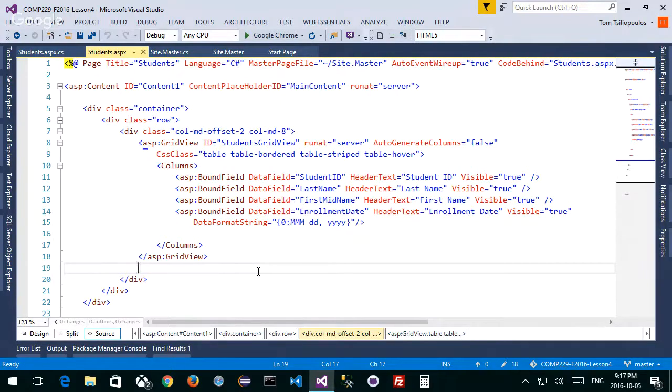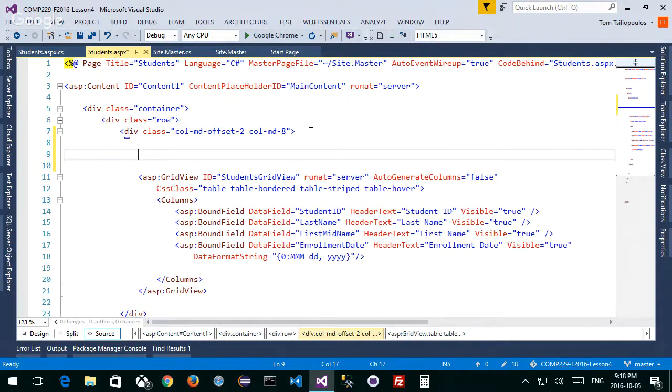So far what we've got is our page. But what I'd like to do, when I click on my page, is add a new student, right? I want to add a new student. So how do I do that? Well, I want to create above my grid view and inside my table, so in between these two points right here, between line 8 and line 10.